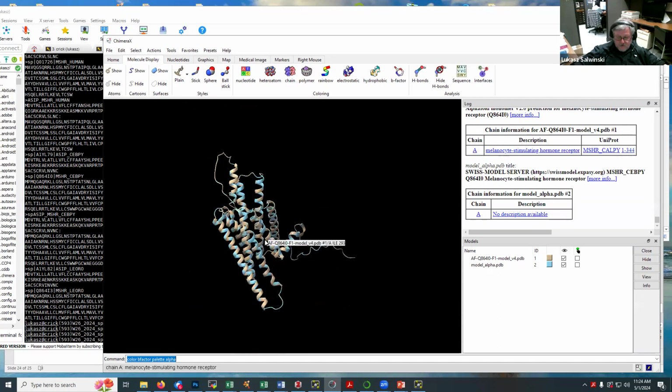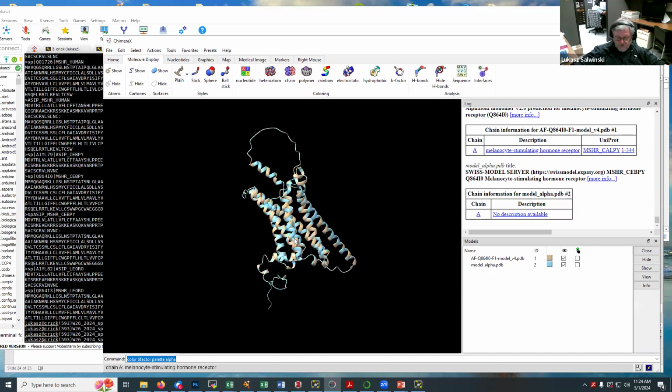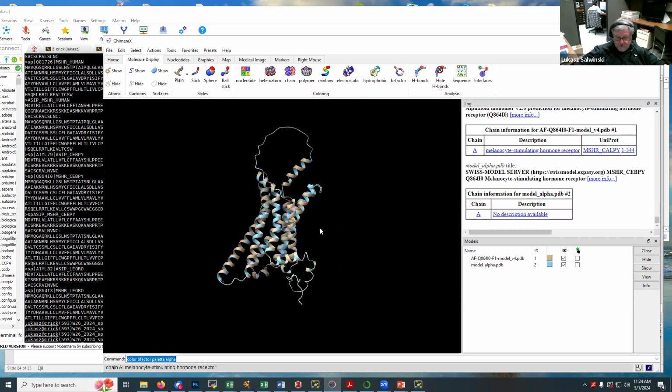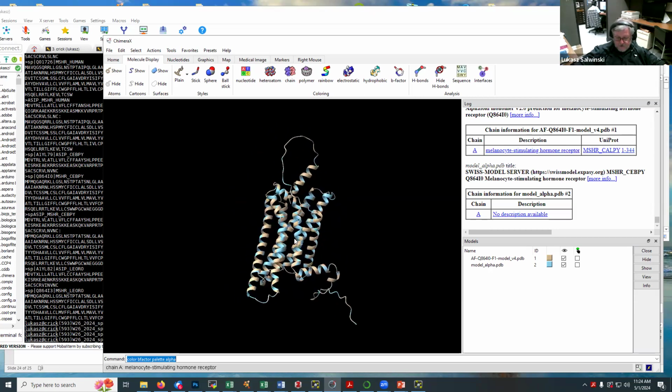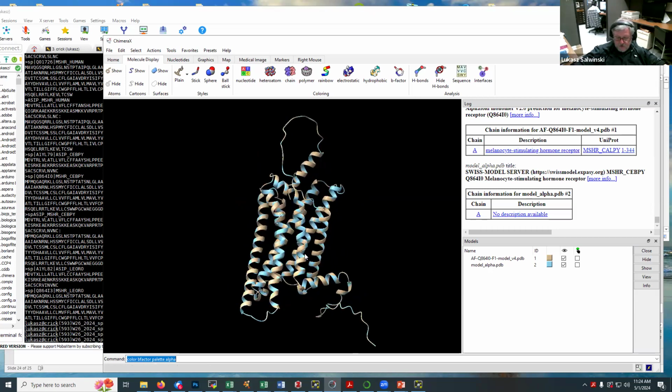Here's the result. We've got two structures. We do have a cartoon representation of both. They are clearly placed in the same place, so they are pretty well aligned. If they happen to be in completely different orientations, which might happen in general, since orientations of molecules in a PDB might be different,